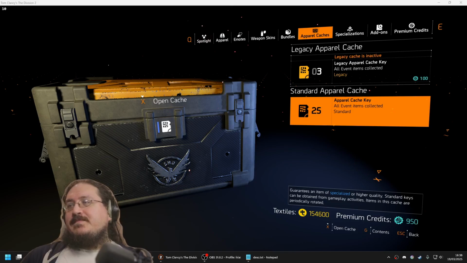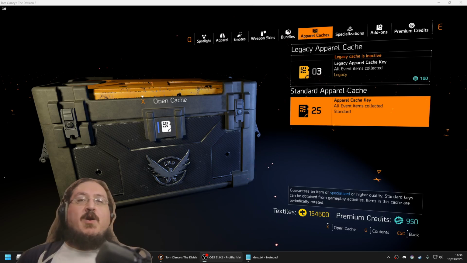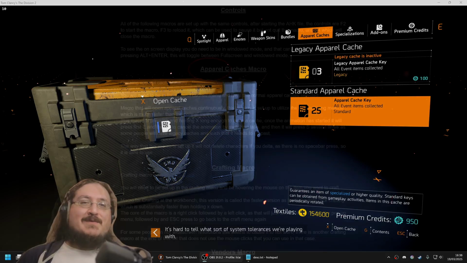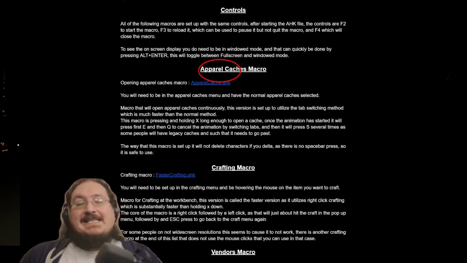And yeah, you can just toggle to and fro, which is important because you can go back to full screen if you, like me, enjoy going full screen with the game. And yeah, let's go to the first of the macros here. And this is the Apparel Cache